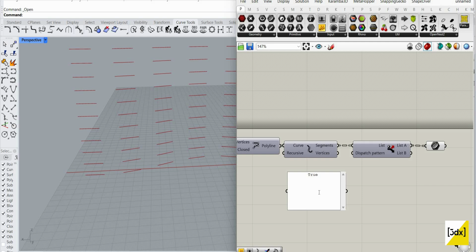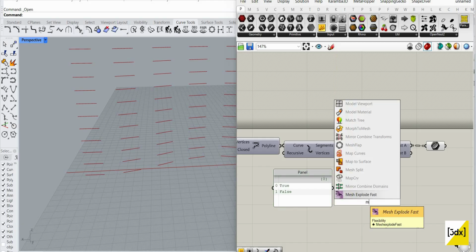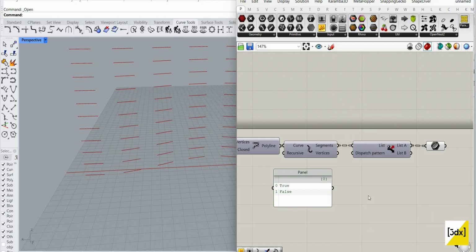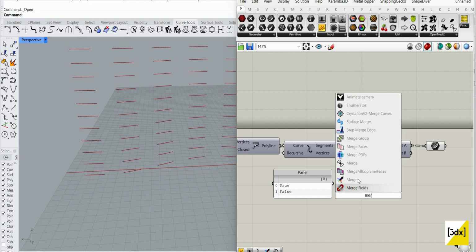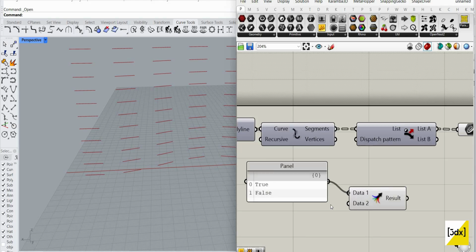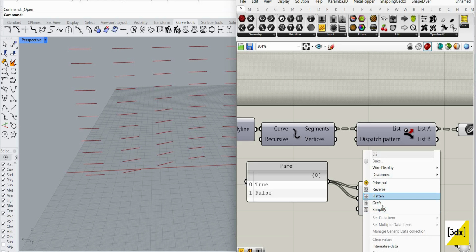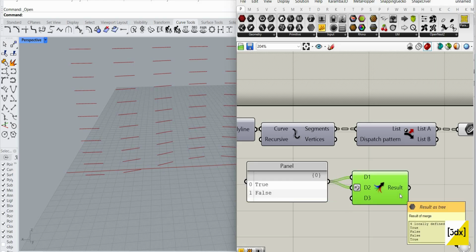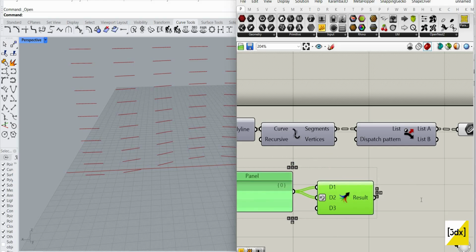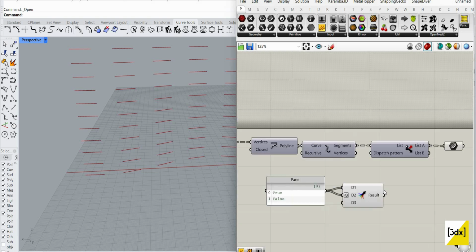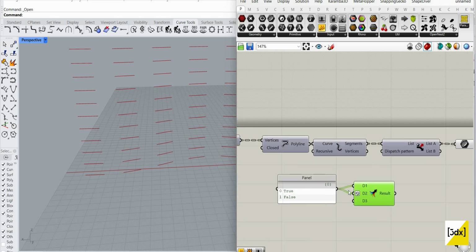True, false. So this is for the first one, and then we are going to create another and I'm going to reverse it. So it is true false false true. Either you can do this, or else what I can do is